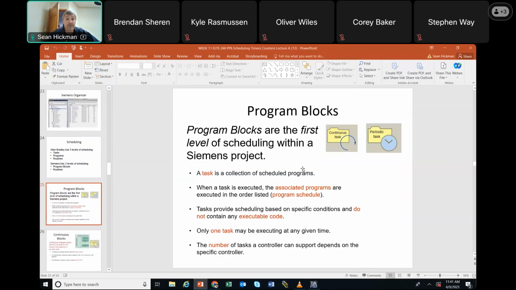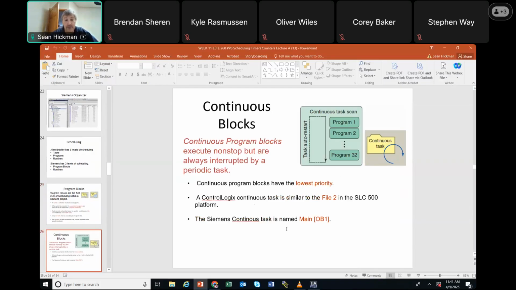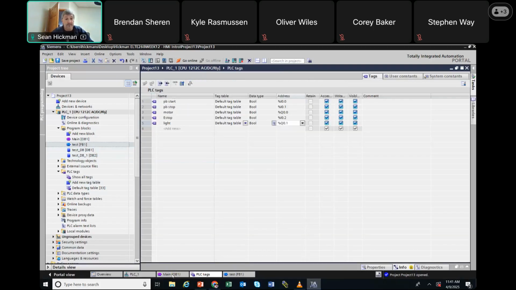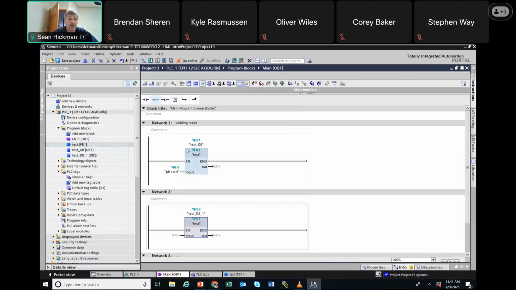Program blocks are the first level of scheduling within a task, okay? And the key thing here is that these tasks are continuous. We talk about continuous tasks versus periodic tasks, and continuous blocks versus periodic blocks, okay? The Siemens continuous task is called the main OB. So if I come right here, and I've got the main OB right here, what it does is it runs,